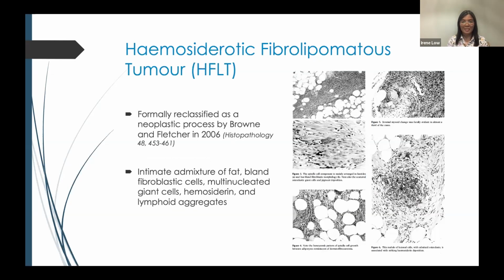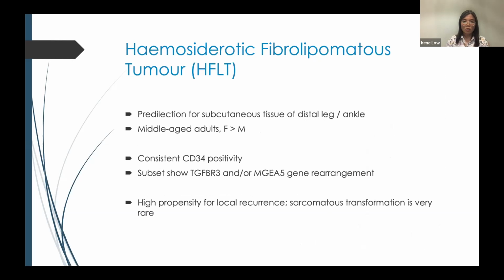Somewhere between 50 and 60% of cases are known to locally recur, but are essentially non-metastasizing. And so they introduced the term hemosiderotic fibrolipomatous tumor, which is now the accepted terminology in the WHO book. Again, a very intimate admixture of fat and bland fibroblastic cells and multinucleated giant cells and hemosiderin. So generally, we accept that it has a very marked predilection for subcutaneous tissue of particularly the distal lower extremity,